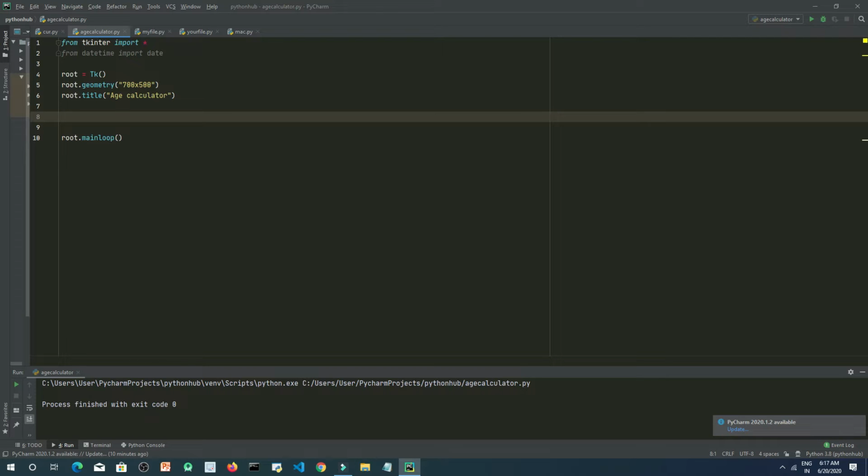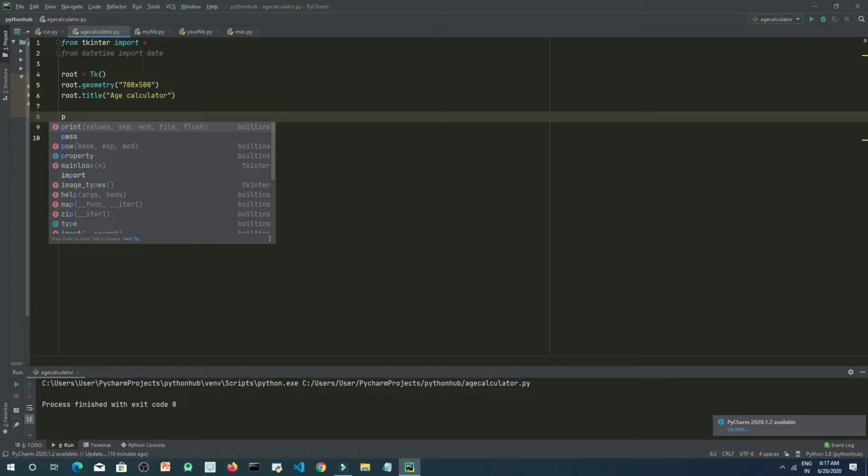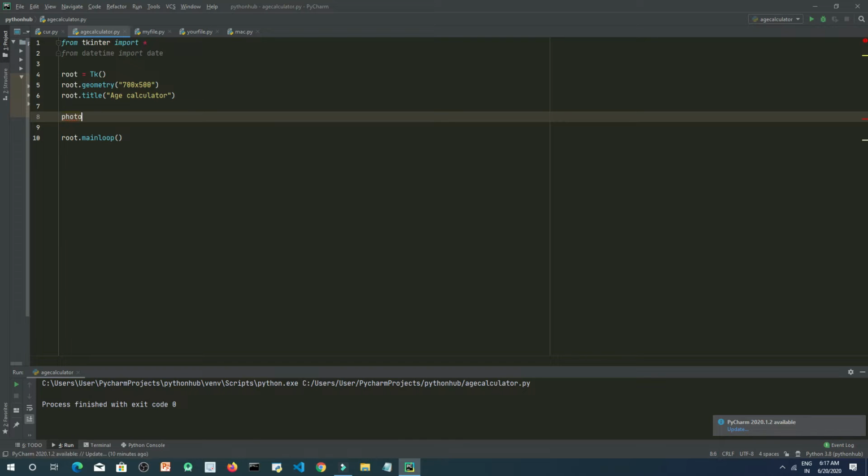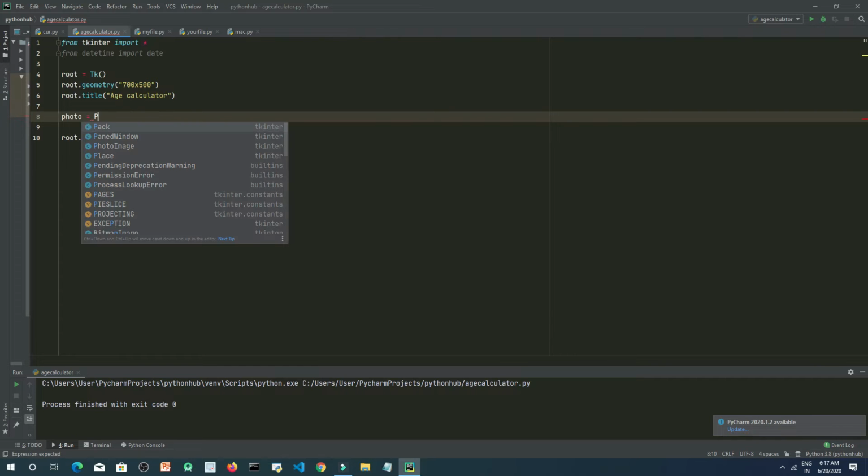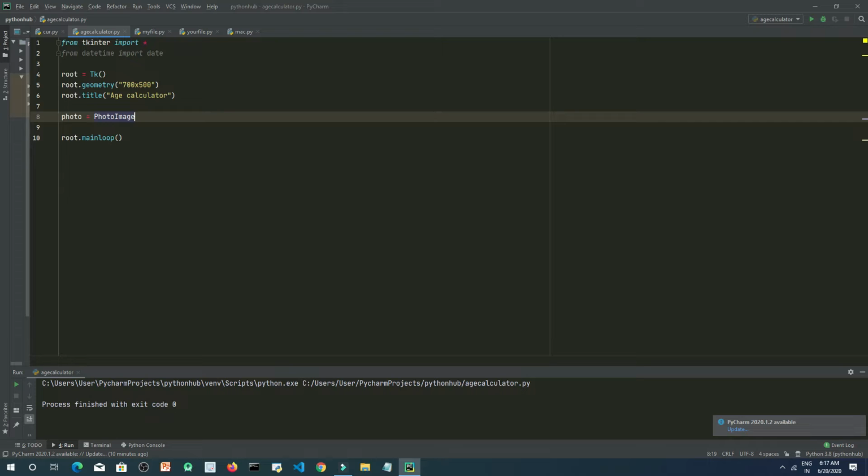Let's say the variable is photo, and we are storing the file using PhotoImage. Inside PhotoImage you can just type file equals your file name dot png.